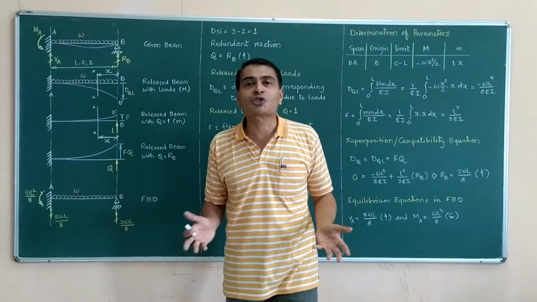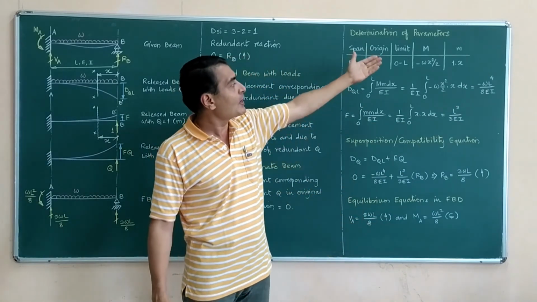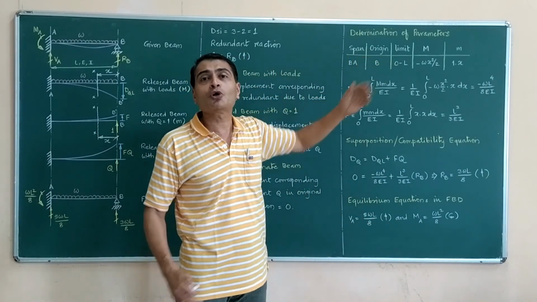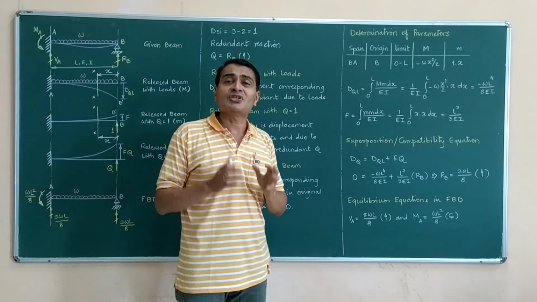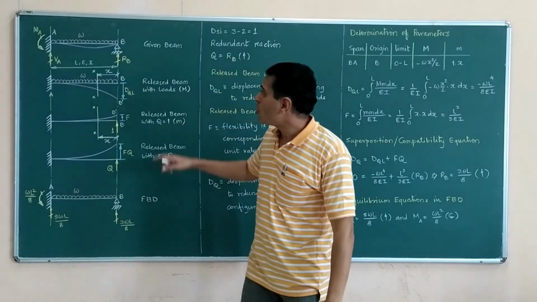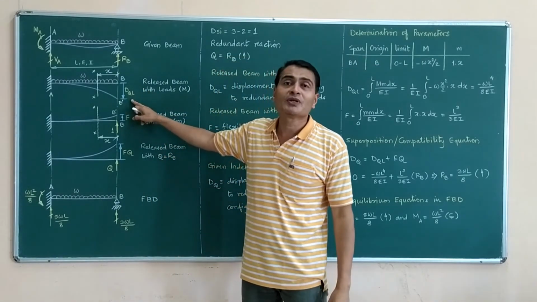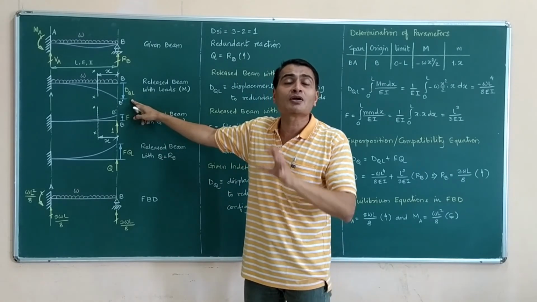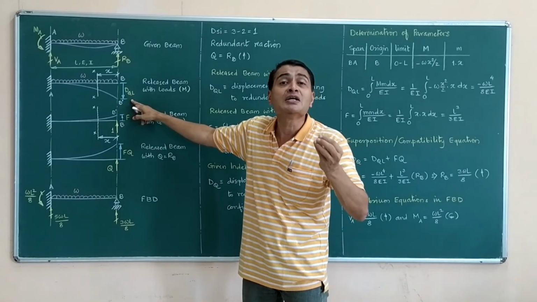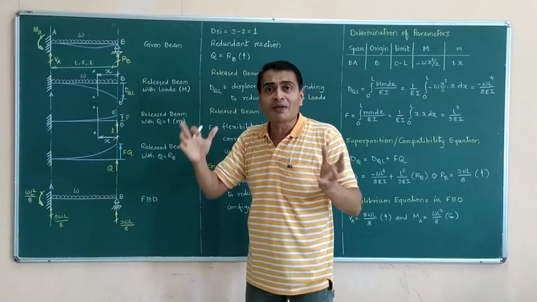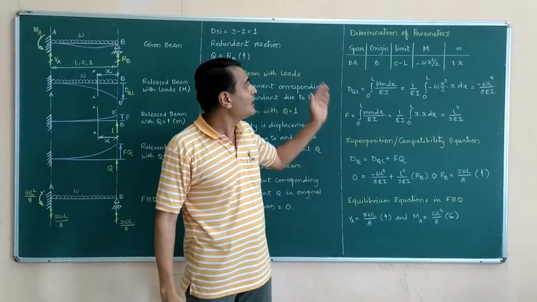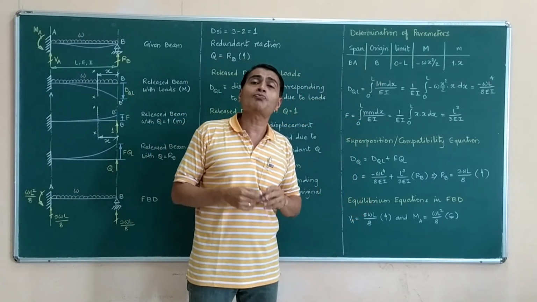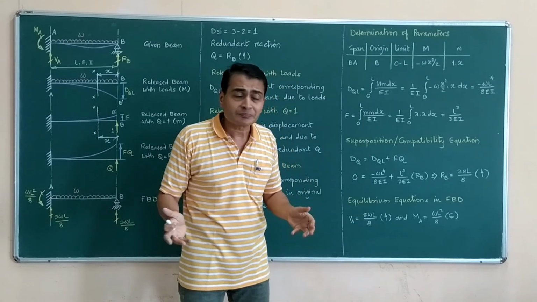Solve this integration, you are going to get minus wL raised to 4 upon 8 times EI. This is the standard result of the deflection in the free end of cantilever under UDL acting over entire span. But anyway, we have derived it here, and this is a revision for us of unit load method.